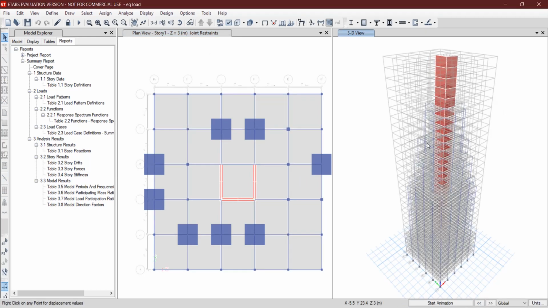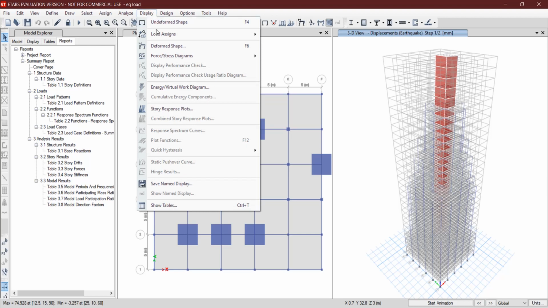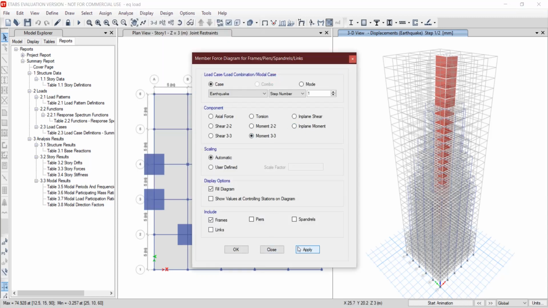Here you can view the displacement values by moving your cursor over various points. Also you can view the shear force and bending moment, as well as the story response plot like this.